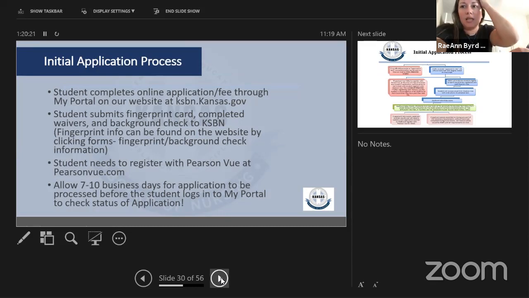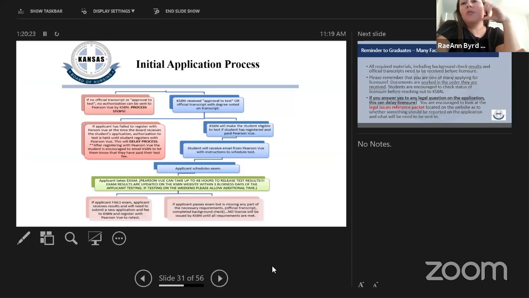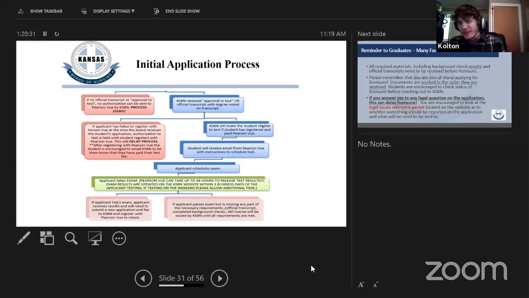You can go to the next slide, hon. And this flow chart, Colton, do we have that listed on our website? I feel like we do somewhere, but I'm not sure where. Okay, I thought that we did, but we can always get this out to you if you need this.